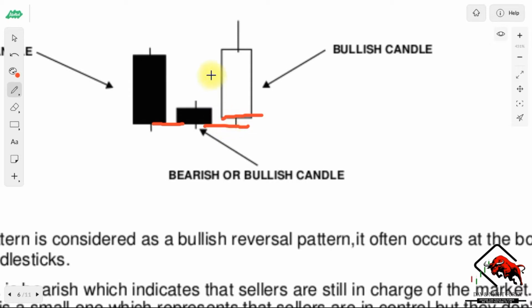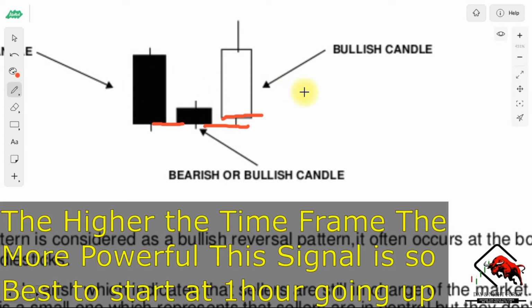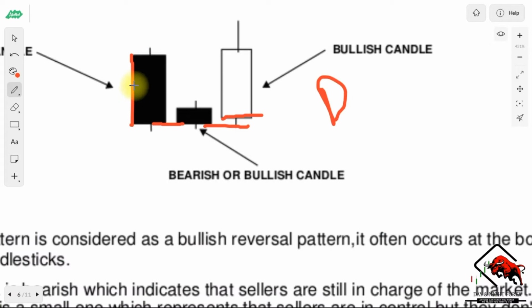Anyways, at the same time, we need to understand that this is a daily chart. So this is another day, this is another day, and this is the current day at the moment when we're looking at this pattern right here. This needs to close above the midpoint of this candlestick. You need to make sure that it's actually closed above the midpoint. That's when we can confirm that, okay, this is actually a valid morning star pattern,